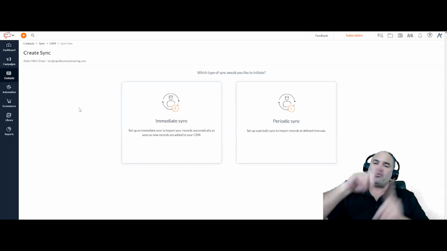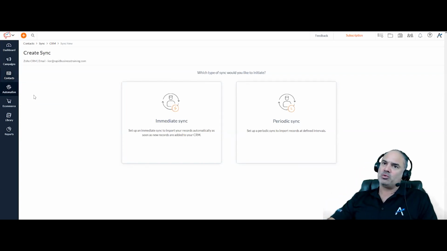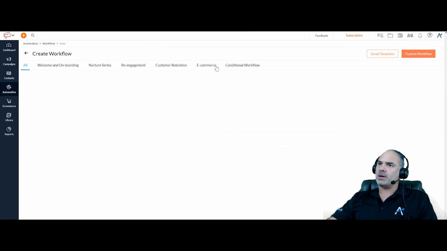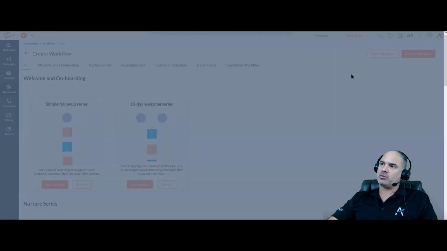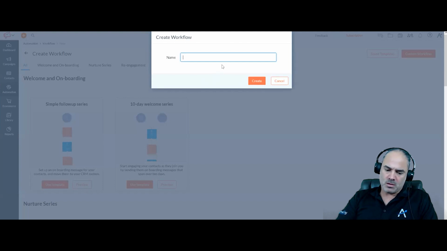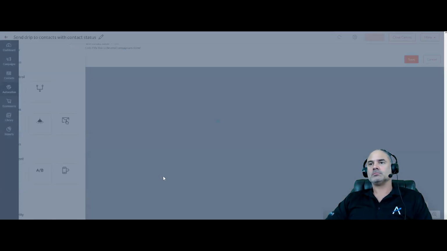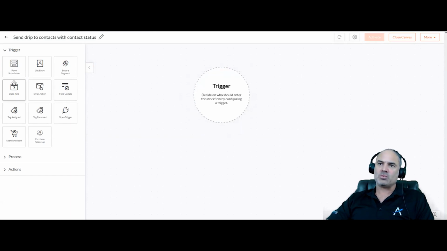This is how the information is synced. Step number 2 is to create a workflow. And the workflow that you're going to create, okay, and the next one will be on list entry.